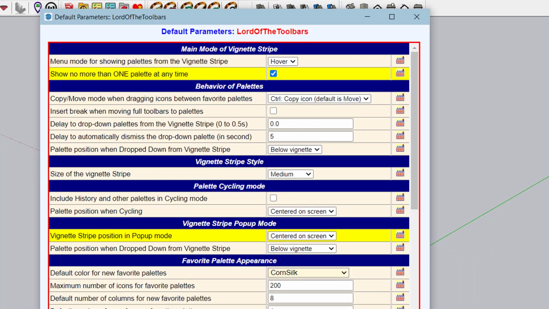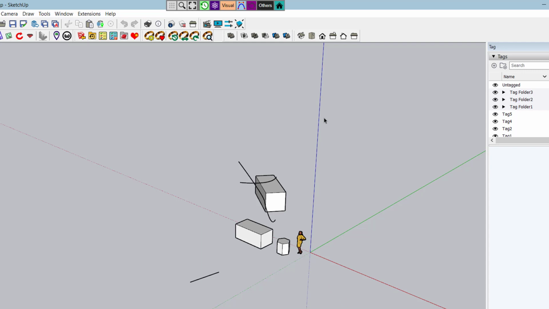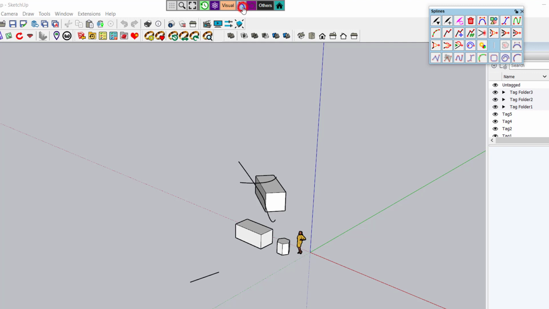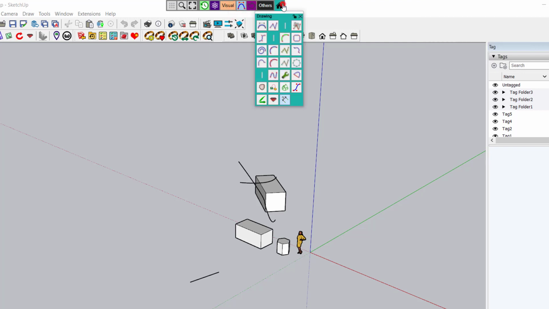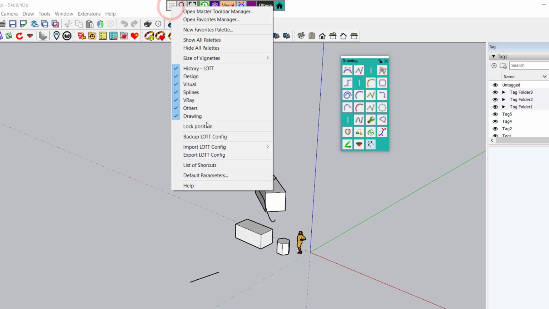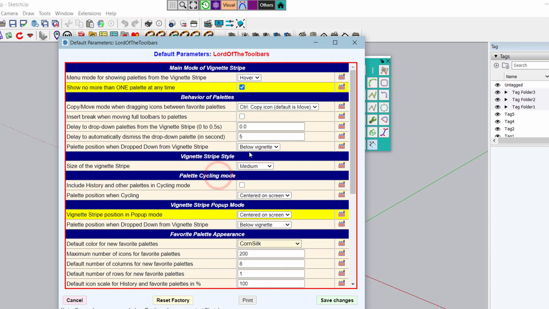So this option is interesting in the case where the user-defined position of palettes overlap or are exactly at the same place. So when you use this option, you are sure that only one palette will be shown at a time. So if they overlap, you will also always see the active palette.